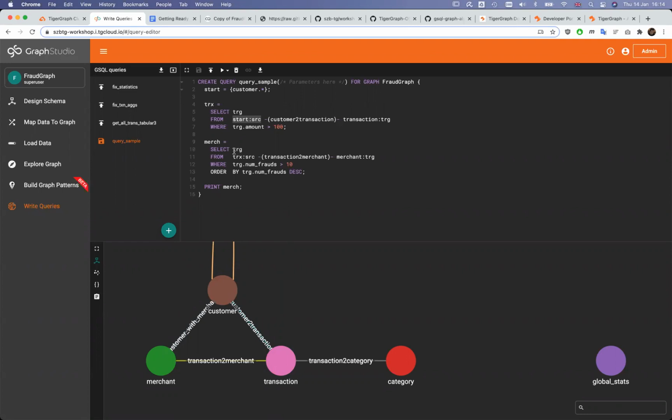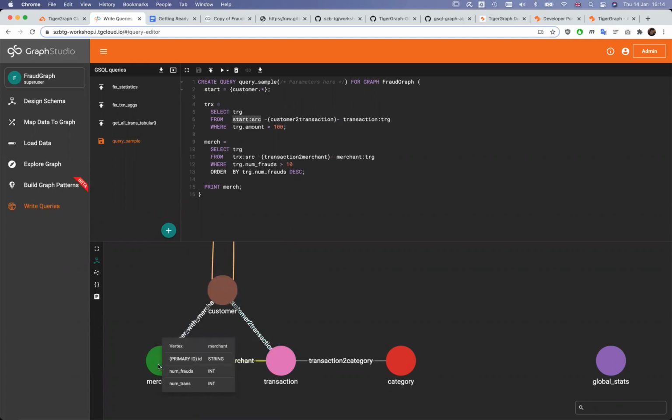So this time I'm starting with this vertex set, the restricted set of transactions, and through the transaction to merchant edge here, I want to find certain merchants where the merchants had more than 10 fraud cases reported.